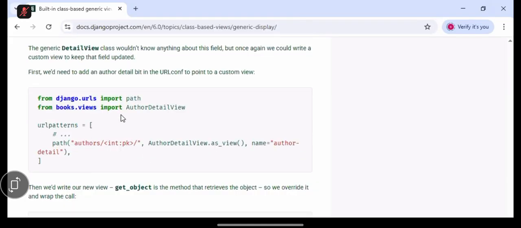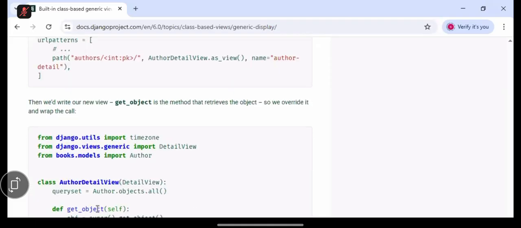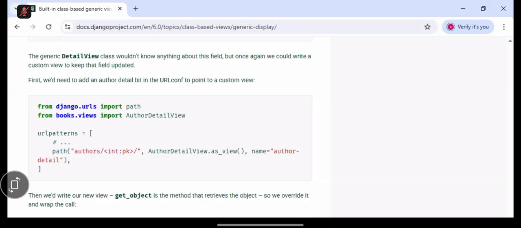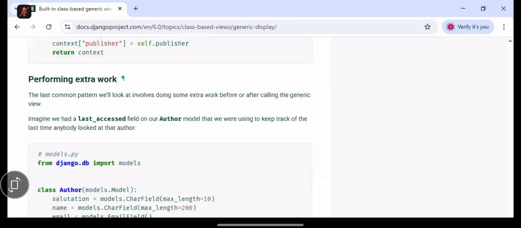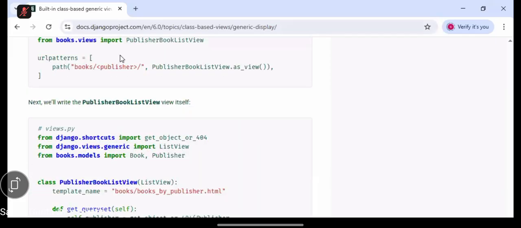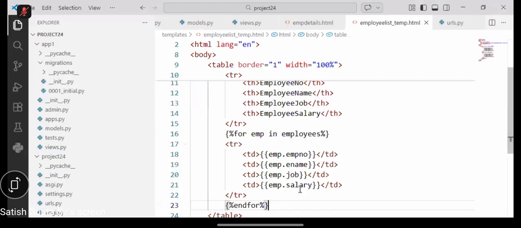So this is a detail view where you are trying to send a primary key. Now you are trying to get the object by calling the superclass. So this is how exactly it will work. Now this is called which view? Details view, right? Okay, then next one is, okay, next one is,